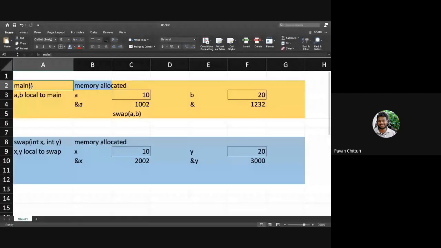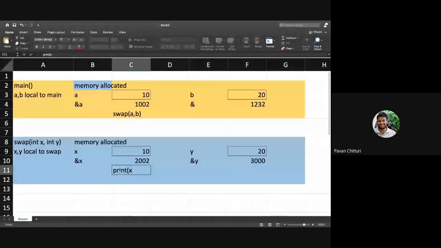So I have X and Y here. I can print both X comma Y here only, with printf percentage d, percentage d.